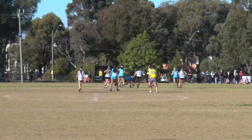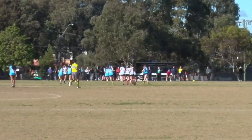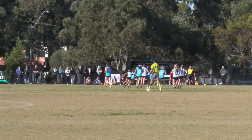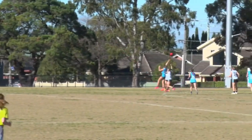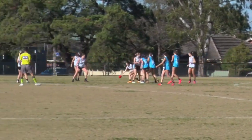Need the first goal and need it very quickly, do the YJFL, just to give them some sort of hope going into the back of this one. And if South Metro get it, well, it could nearly be curtains from there. Ball towards the forward 50 for South Metro. Bounce was kind for